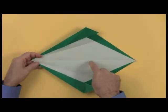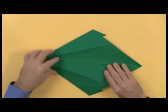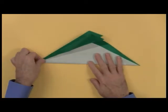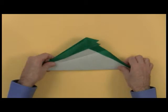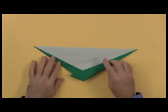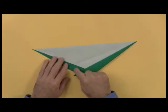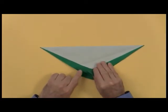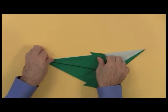And now we're going to mountain fold the long horizontal center crease. It's actually easiest to turn the paper over and simply fold it in half. The result is that we end up with those folded layers on the outside of this triangular shape. We're about to make a rabbit ear out of this corner in the center. We already have half of the work done here. So to finish, we're going to take this bottom left edge, fold it up to the top folded edge,